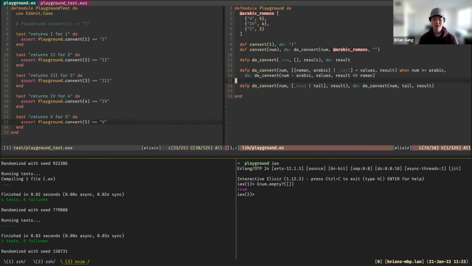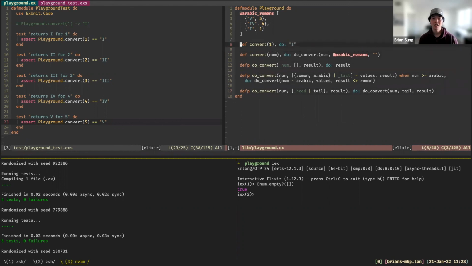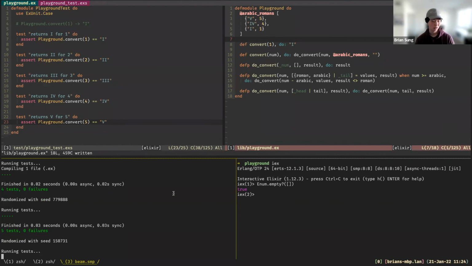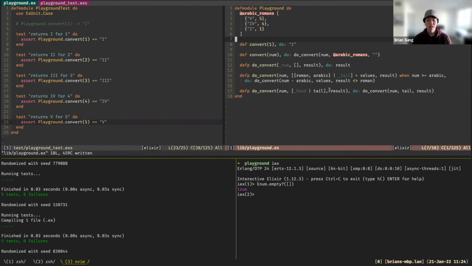And this is also true for 1 because there's nothing checking whatever number is passed in here. We're not doing any checks. So in this case, it's just going to find the first function match and then call that one. This is kind of hard to see in this example, but tests are still going to pass. There we go.